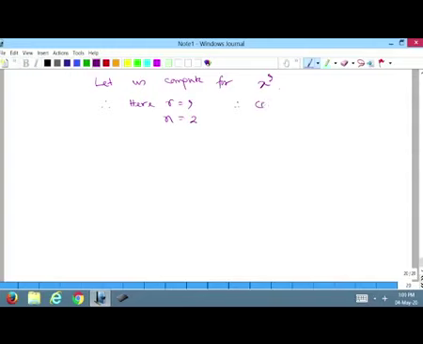Therefore, the coefficient of x to the power 9 is 9 plus 2 minus 1 C 9, which is 10 C 9, which is equal to 10. I am not solving this fully, but you can understand